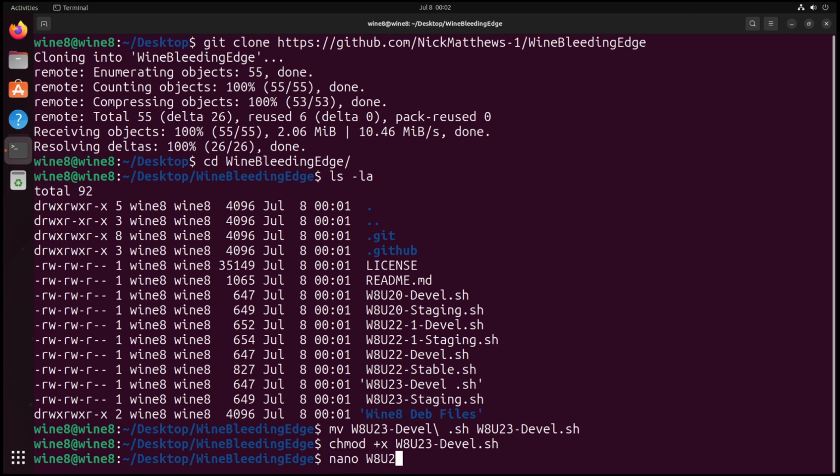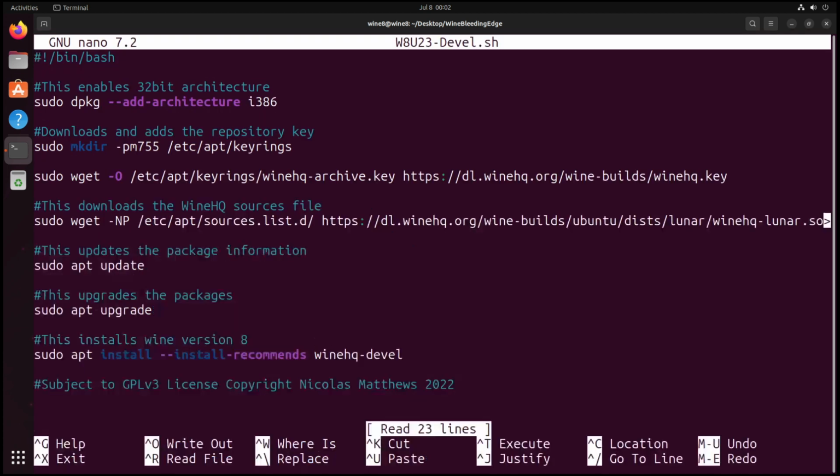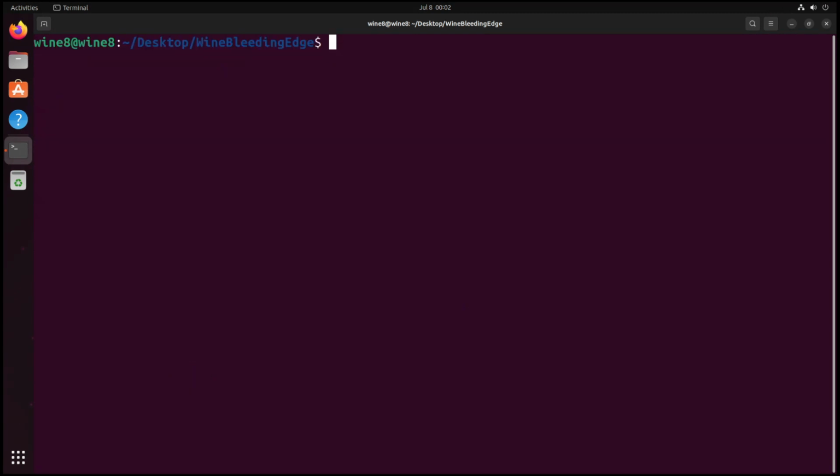a quick check with U8W23devel. And this is what's here. It's just going through the process of saying that everything's here. So I do need to change that because I used a previous install script to just make sure it would be done correctly. But now everything's running. We just do sudo